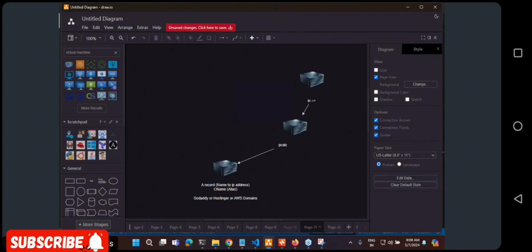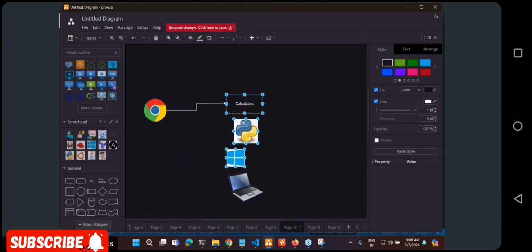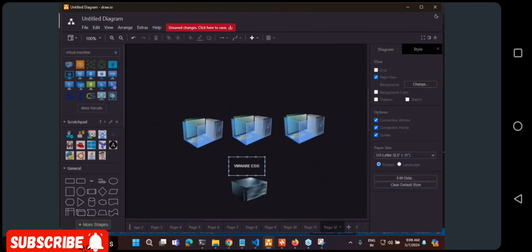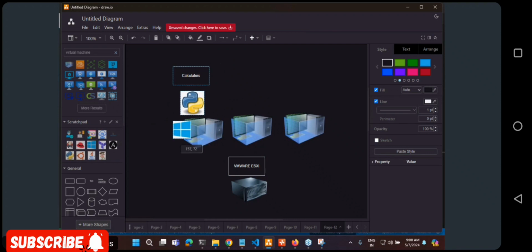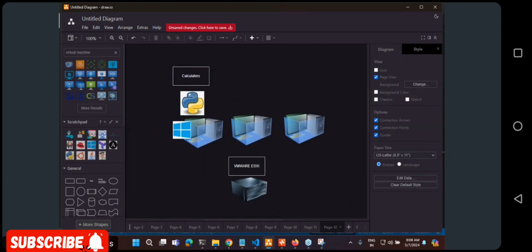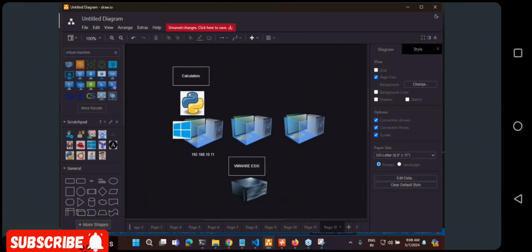On one of these servers, which is of type Windows, I am trying to run my calculator application. So this application obviously will have some IP address, 192.168.10.11. Okay, but this will not be accessible to the outside world.